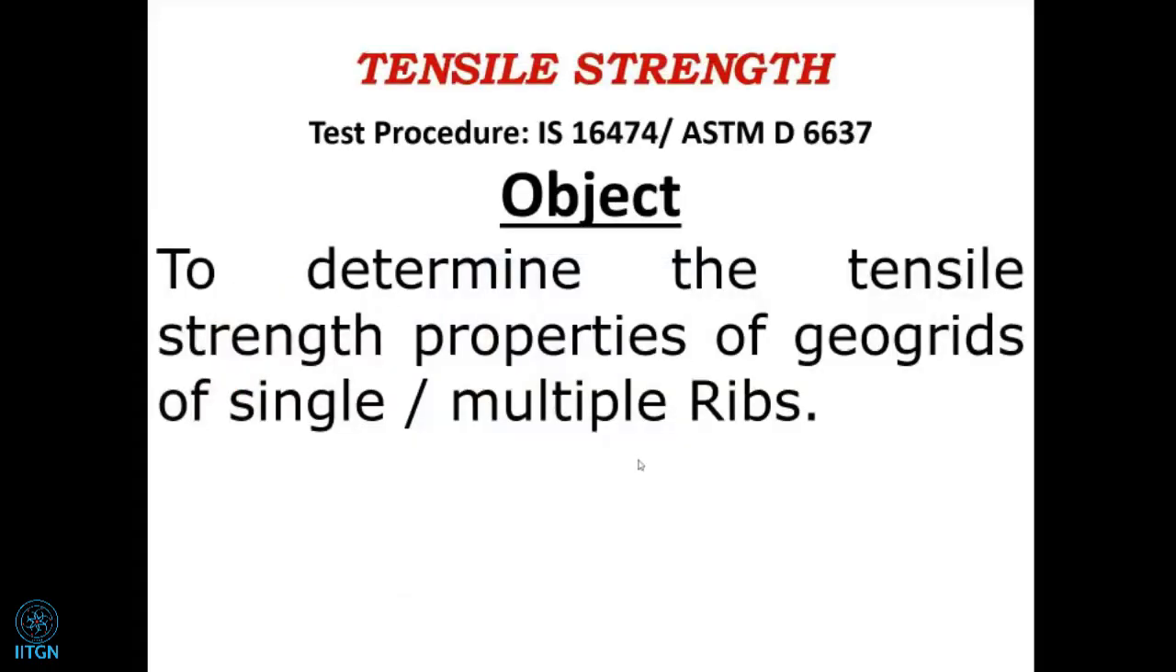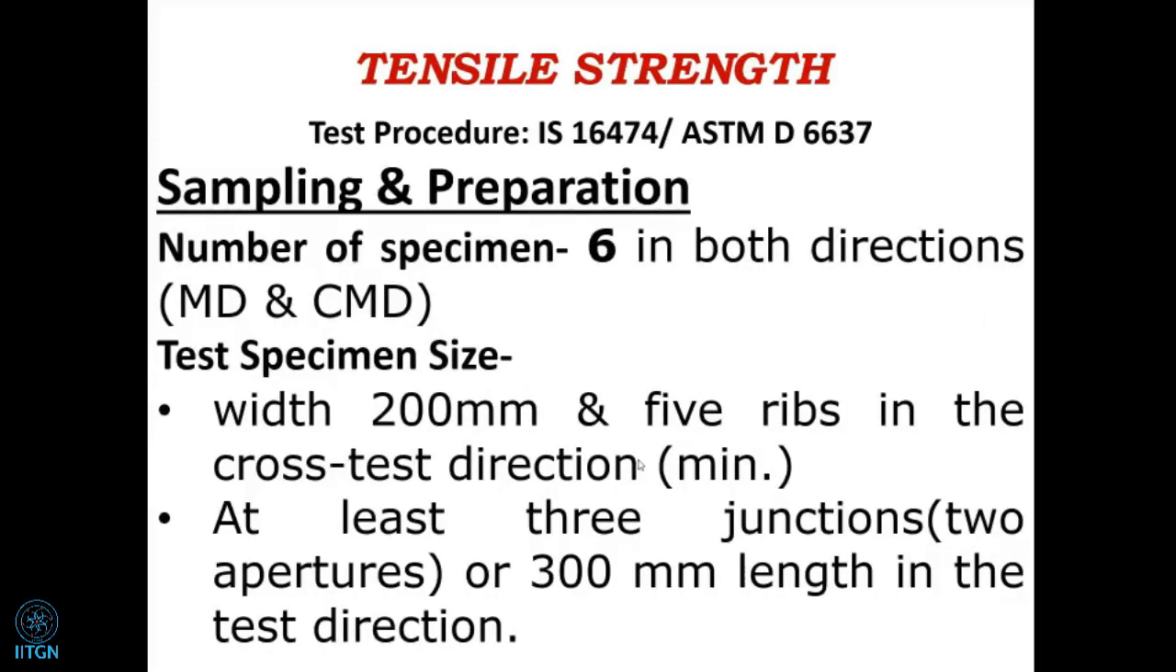Now, the tensile test can be conducted as per test procedure IS 16474 or ASTM D6637. The main objective of this test is to determine the tensile strength properties of geogrids. This can be done by the single strip method or the multiple rib method. The minimum number of specimens required for both tests is 6 in both directions, in the machine direction as well as the cross machine direction. For this, we have to cut our sample of 200 mm width, having 5 ribs